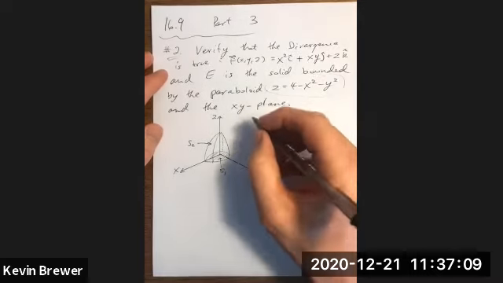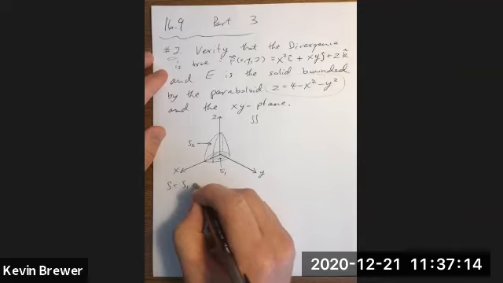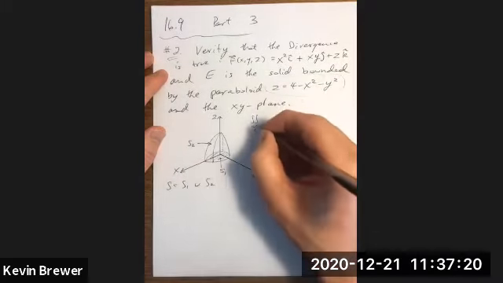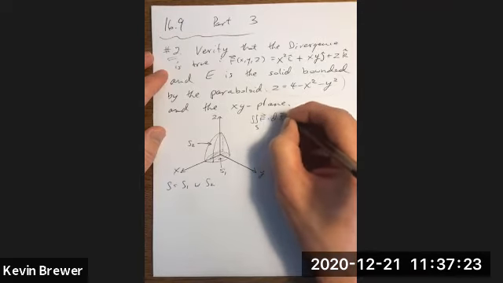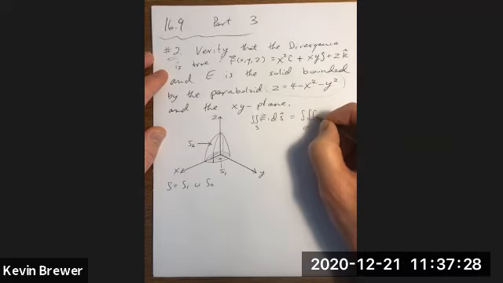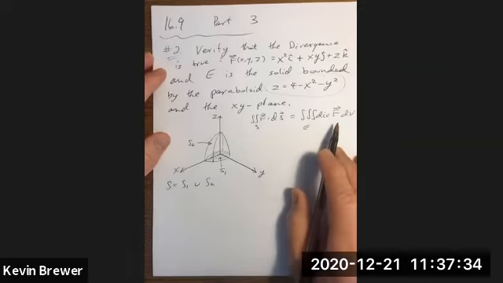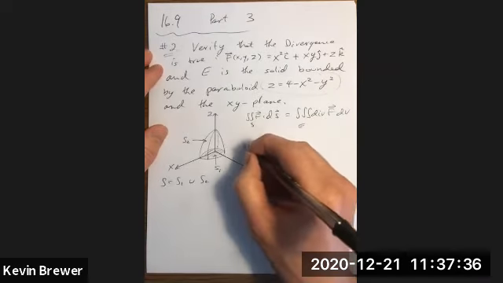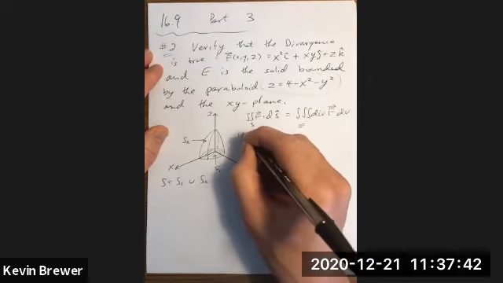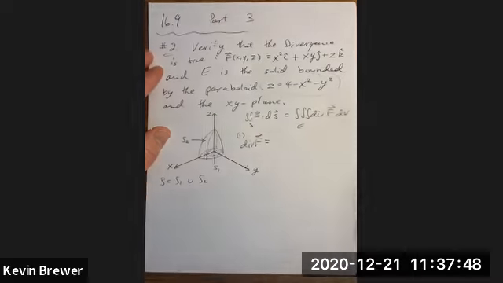So what we have to show is that the double integral over S, where S is the union of S1 and S2, F dot dS, is the triple integral over the region bounded by S of the divergence of the vector field. So let's compute the divergence. Part 1 is to just directly compute the divergence. Divergence of F is